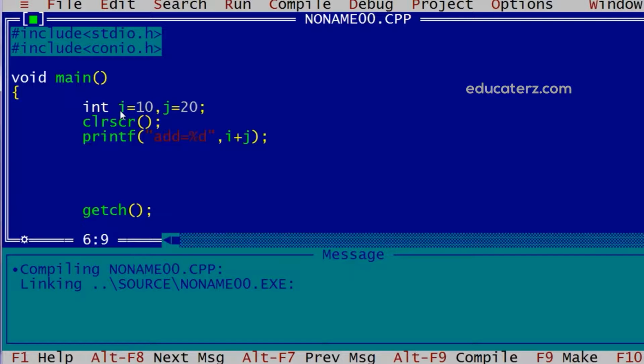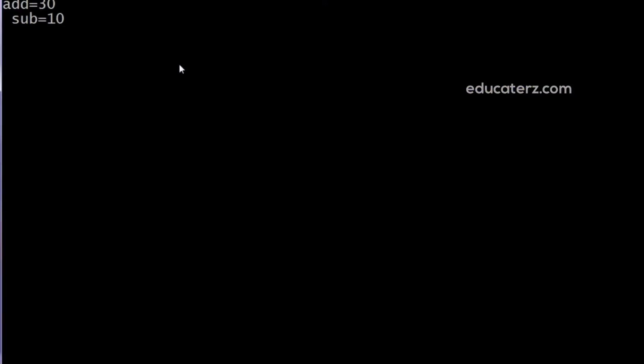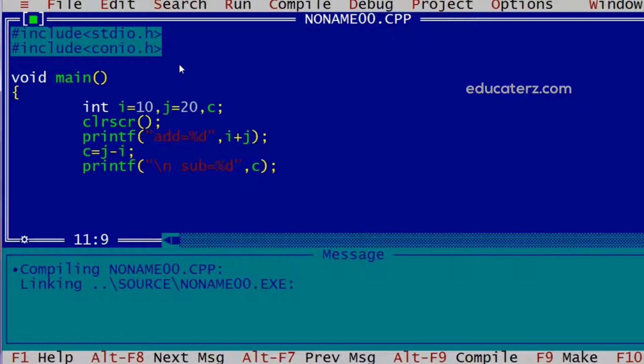If we want to store the value in a third variable, then we can declare one more variable as c, and we can store the value in the c variable, c equal to j minus i, and then we can display it as subtraction, that is c. Now if I execute this, we'll get addition is 30 whereas subtraction is 10.